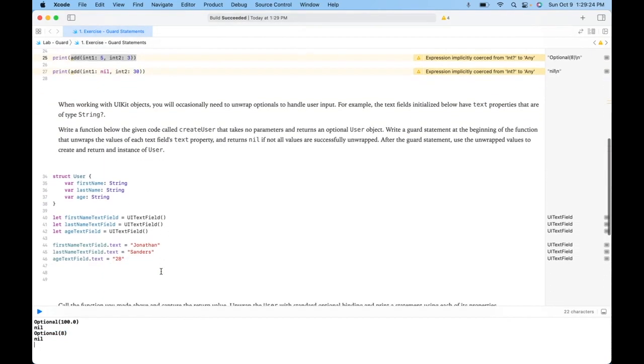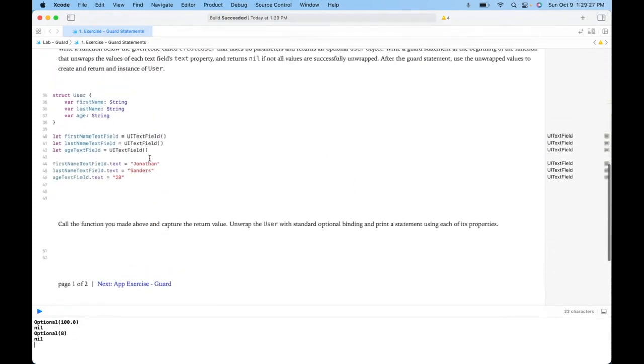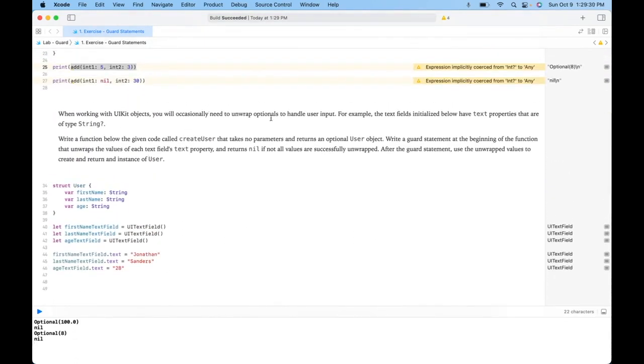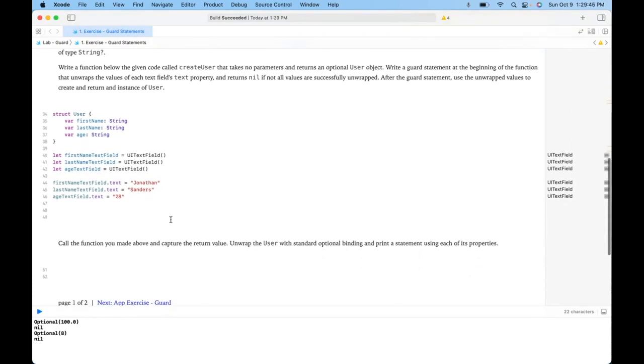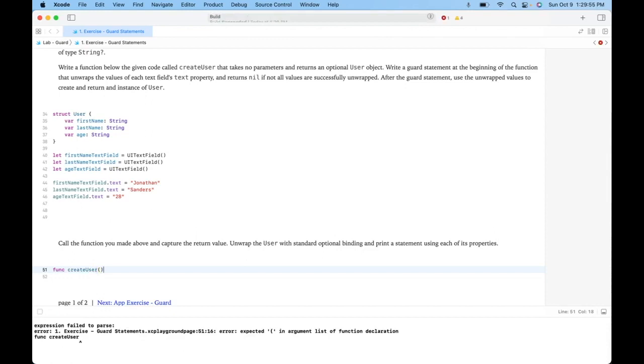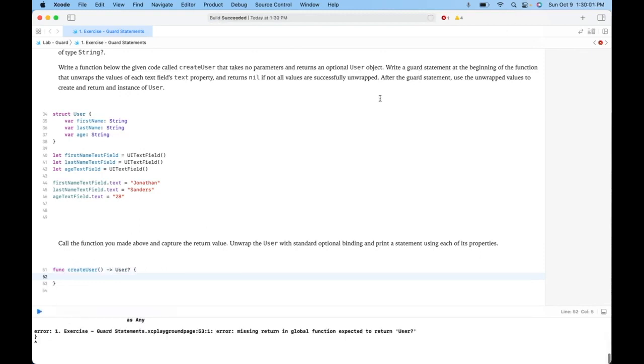Now we have another task, so we're going to work with UIKit objects, and we need to unwrap optionals to handle user input. For example, the text fields initialized below have text properties that are type optional string. Write a function called createUser. It takes no parameters and returns the optional User object. Write a guard statement at the beginning of the function to unwrap the values of each of the text fields' text property. Okay, so we could do